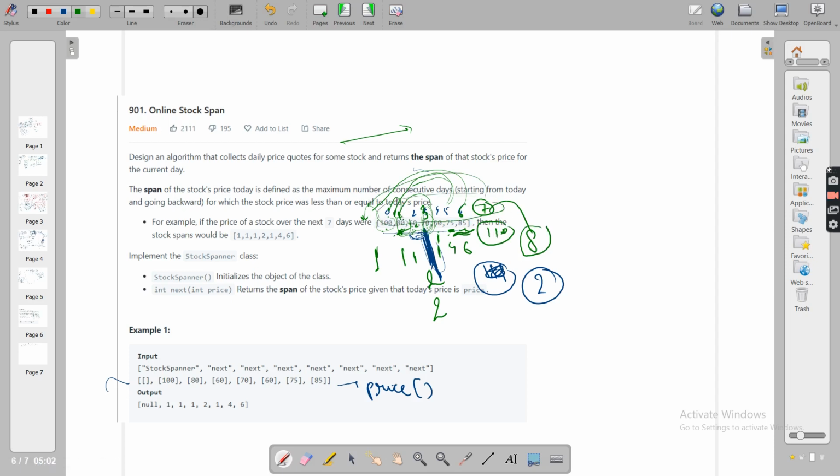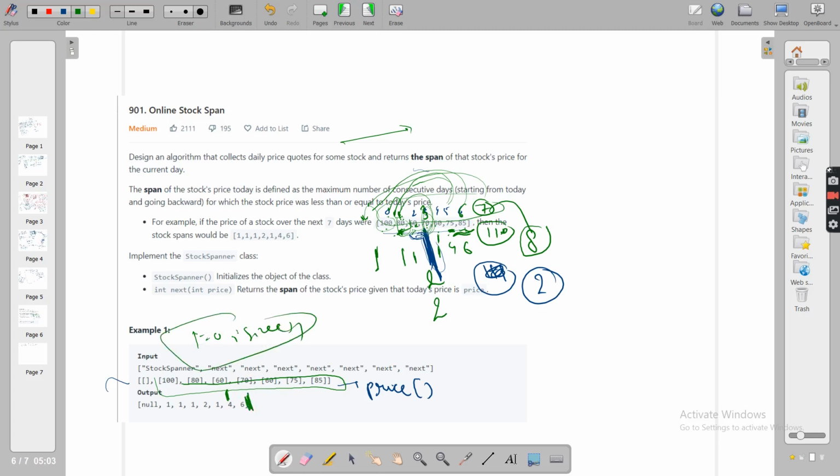So in this way, guys, in a brute force, what will you do generally? If this was your price array, to calculate the span for every index, the outer loop will be from 0 to size, let's call it the I variable.